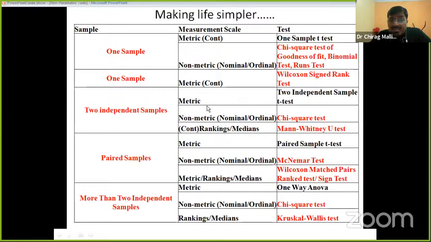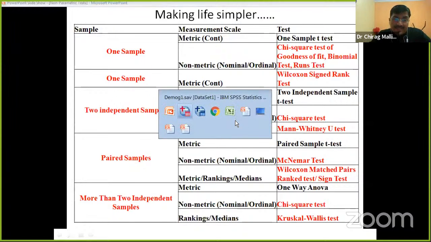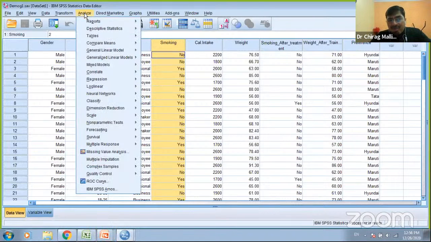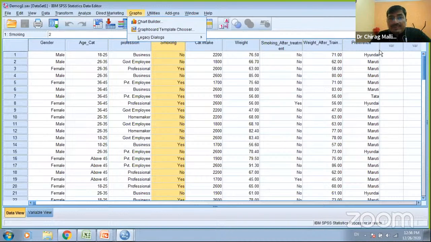Two independent sample test में, in case if the data is metric, we go for two independent sample t-test. In case if the data is in ranking and medians, means data is not meeting the assumptions, we go for a Mann-Whitney U-test. But in case if the data is non-metric, that is nominal or ordinal, means categorical data, we go for chi-square test. So let's do that chi-square test for two categorical variables. है ना? आई होप यू पीपल डोंट हैव एनी डाउट। चलिए पहले इसको करते हैं, फिर आपके क्वेश्चंस उठाते हैं अगर आपके कोई क्वेश्चंस हैं तो।